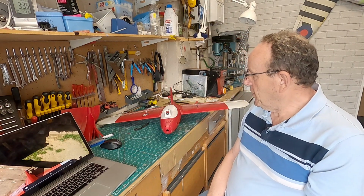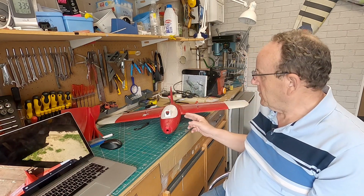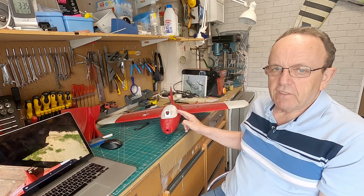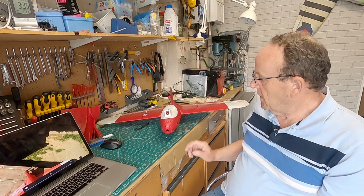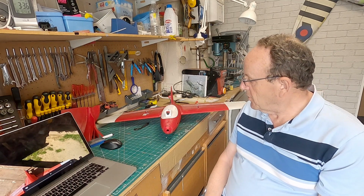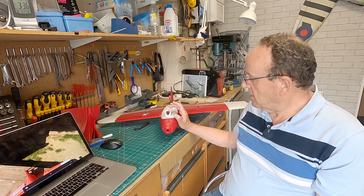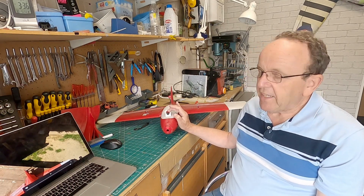What I think the problem's been is the motor's quite powerful, and when I was using the auto launches before, I was having it set quite high, probably about three quarters throttle, and on the successful launches, I've been only giving it about 50% throttle, and it seems to go away a treat there. I've since made some alterations on the rates to calm the ailerons down a bit, and so she'll be going again. I did manage to get a little bit of onboard footage, but I had the